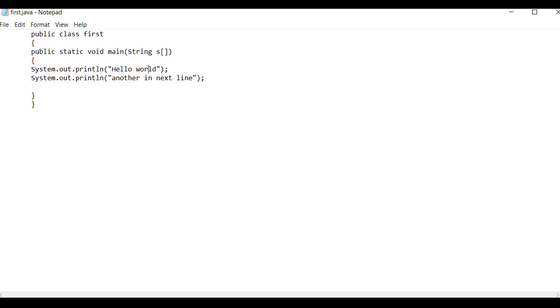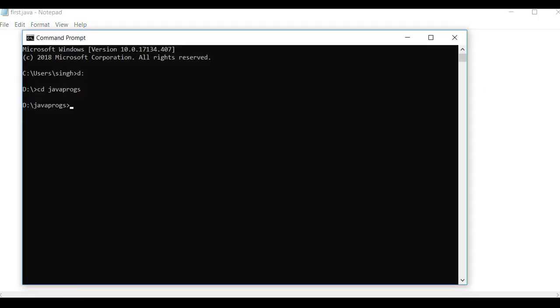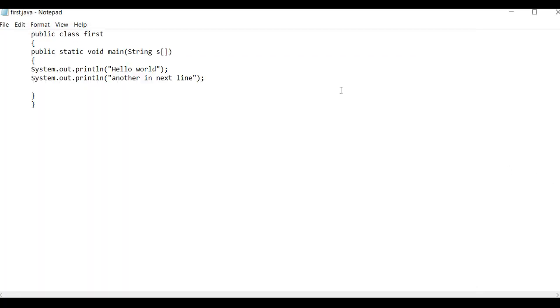ln says print and go to next line. So whatever you print in subsequent prints goes to the next line. So let's see how this shows up. And it says hello world and then another in the next line. And if you say System.out.print